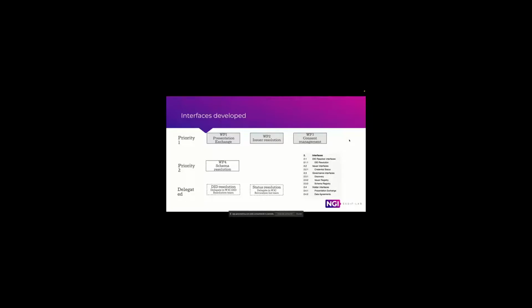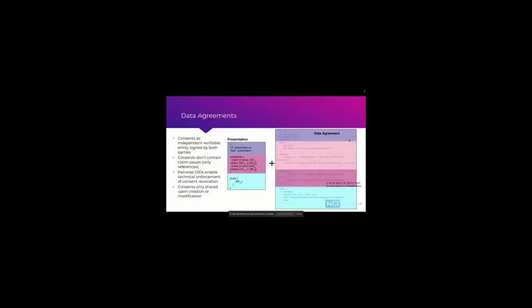So I will show a little bit of the progress that we made on each of those interfaces and the results we got. The first point to know is that all the results were done in a specification that I'm going to show later. I'll try not to make you crazy by switching my screen too much.